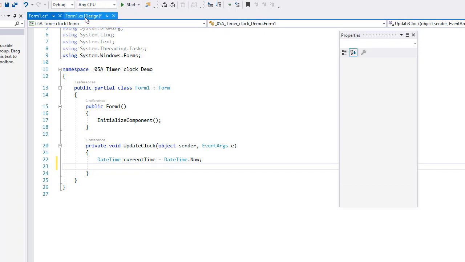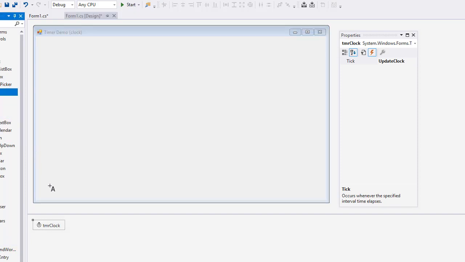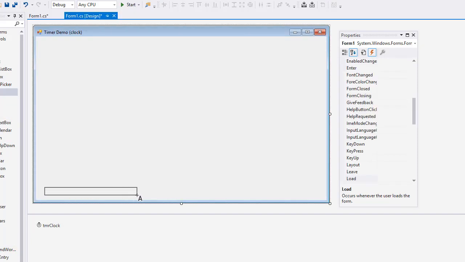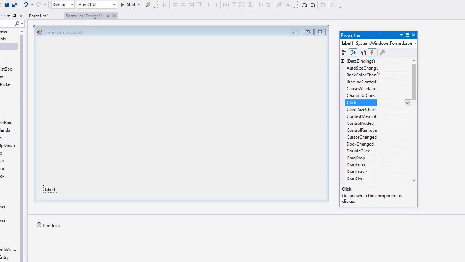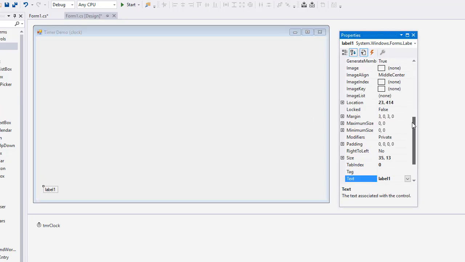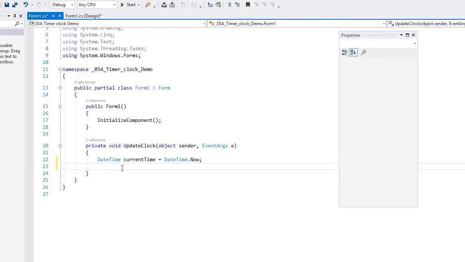And I'm going to go back to my design. I'm going to put a label just down here at the bottom. I'm going to name that label lblClock. I'm going to go back to my code, and now we're going to code